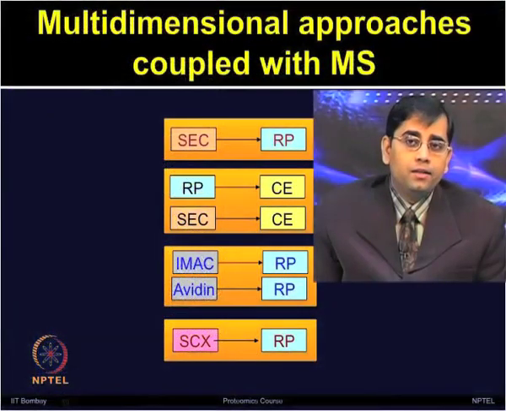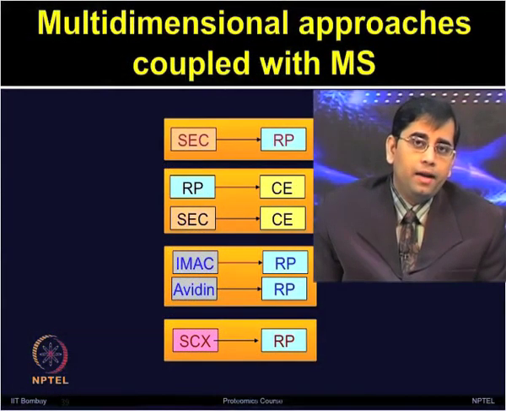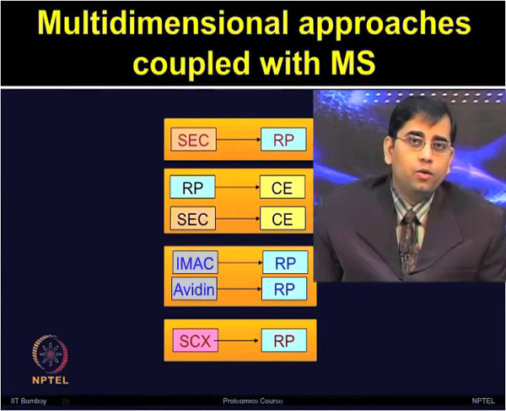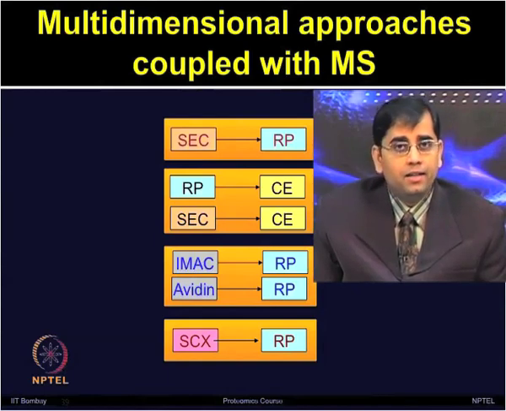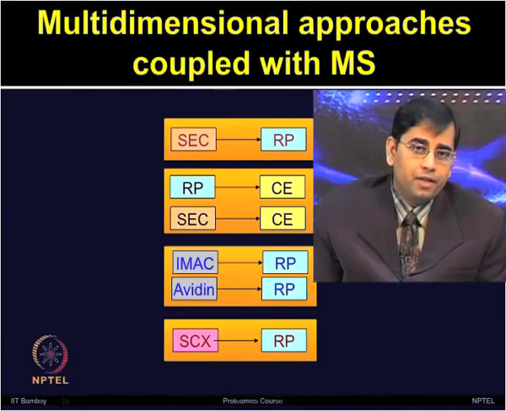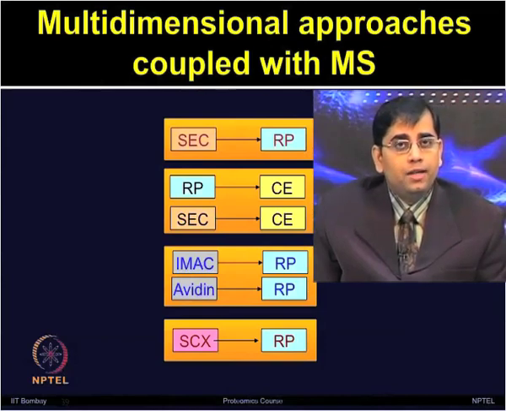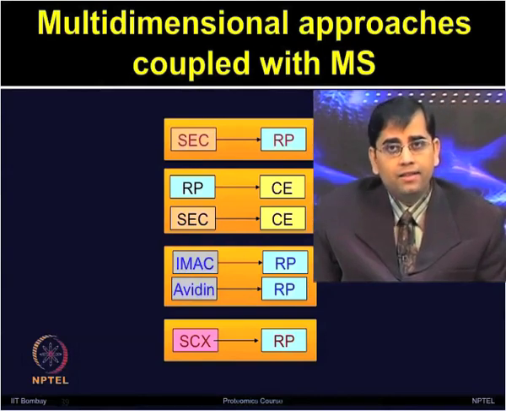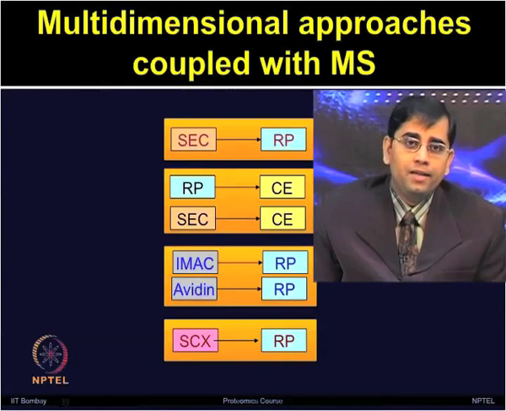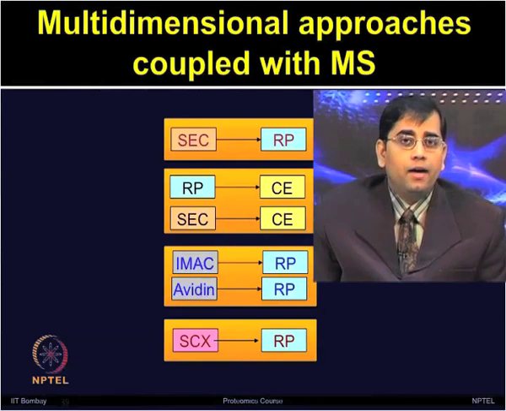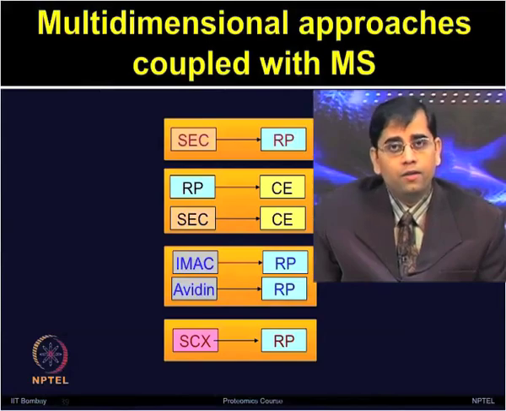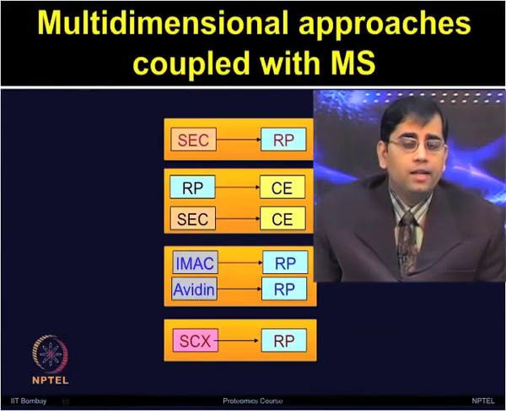Now, when the application is to separate a complex proteome and analyze it using mass spectrometry, one has to select what type of chromatography method is applicable for their sample type. Multidimensional approaches are usually coupled prior to the mass spec analysis, and as we have discussed, there are certain commonly available chromatography methods. One has to make an educated choice of which methods can be used for the first dimension and which for the second dimension separation.